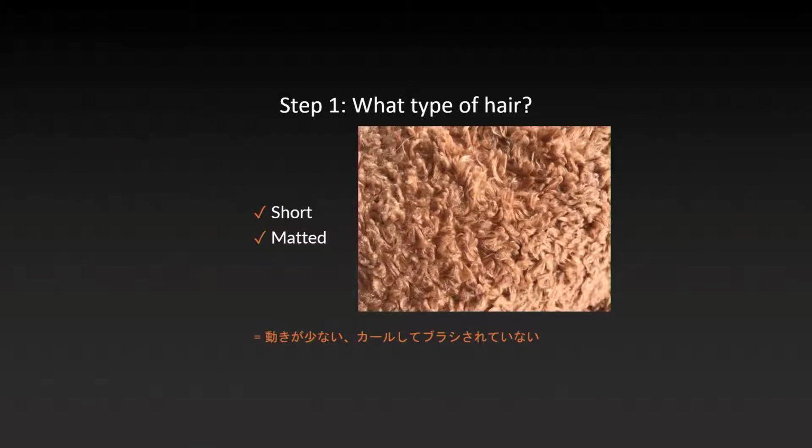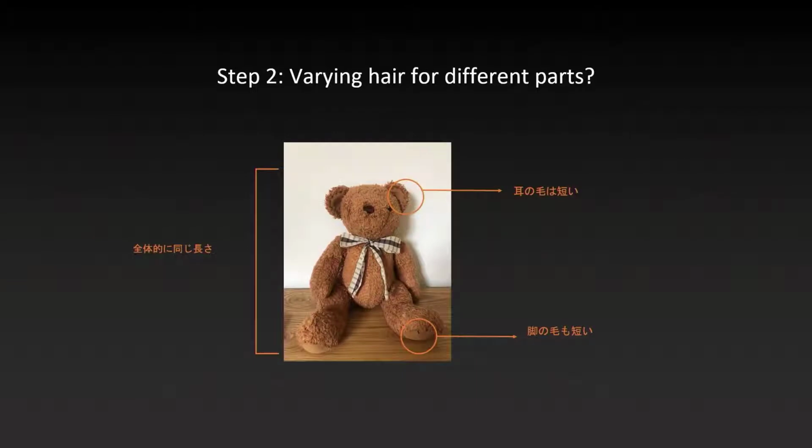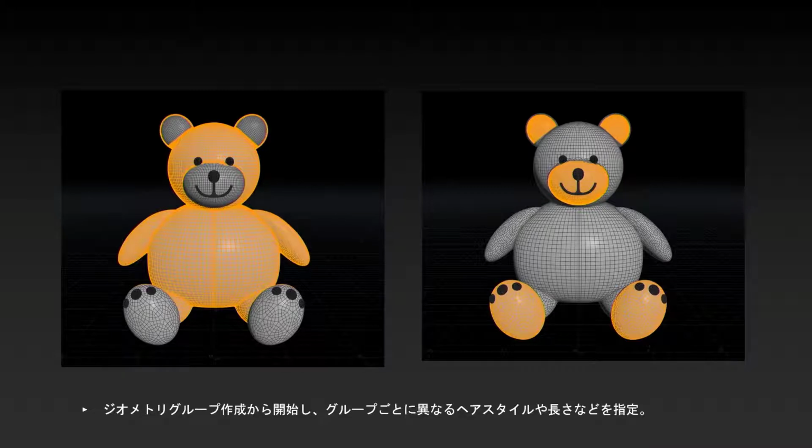And for the next thing to consider, would the hair be varying over different parts? So from the reference, I noticed that the bear had an overall similar hair length, but the hair was much shorter on the ears and on the feet. So jumping in Houdini, we can start at beginning our shot, and we can begin by creating primitive groups